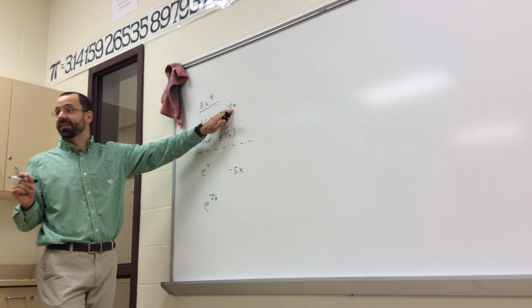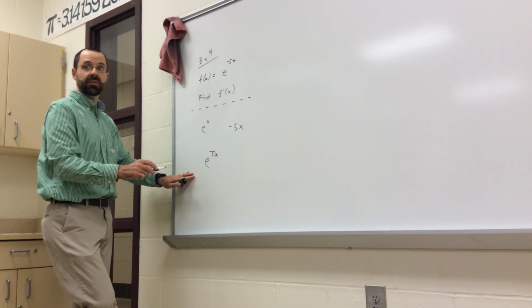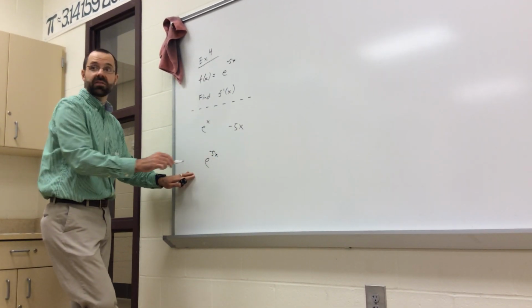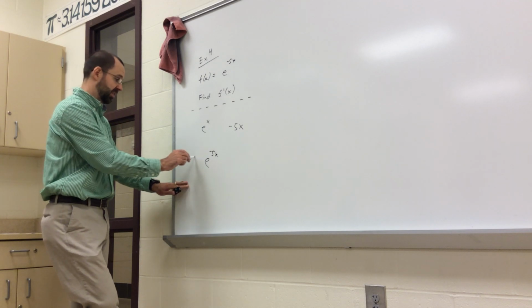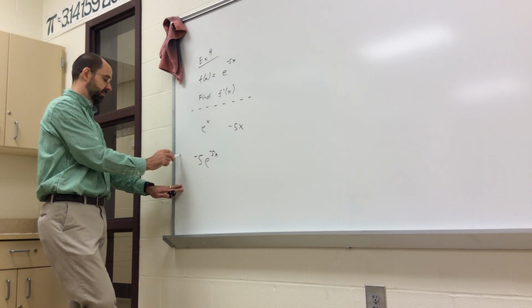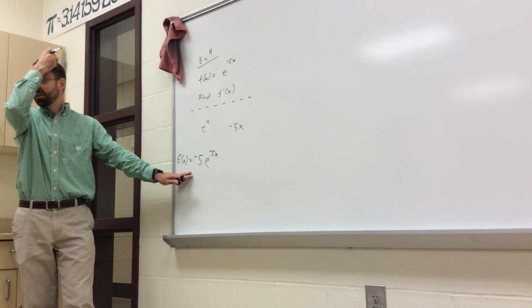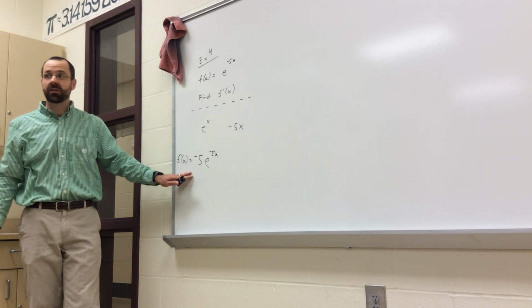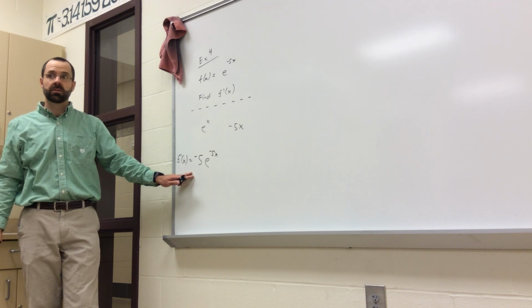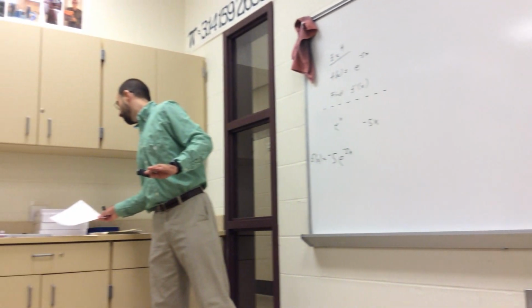The derivative of that is negative 5, so I need to times this by negative 5. I could put times negative 5 at the end, or I could put times negative 5 at the beginning. It doesn't matter. So now I've got my f prime. Is everybody okay with this? All right, let's try